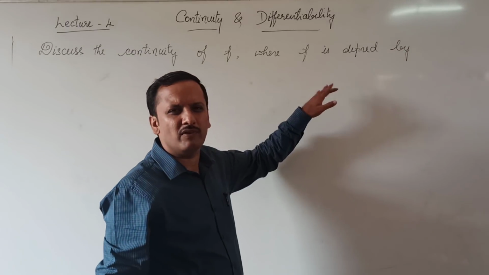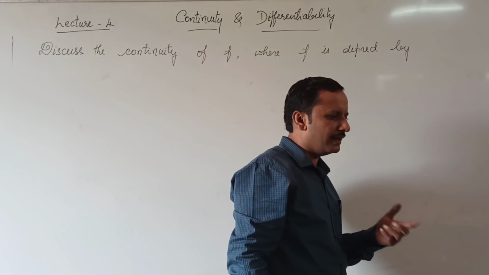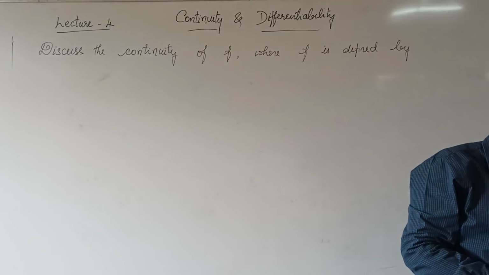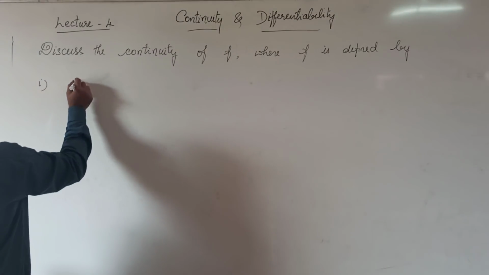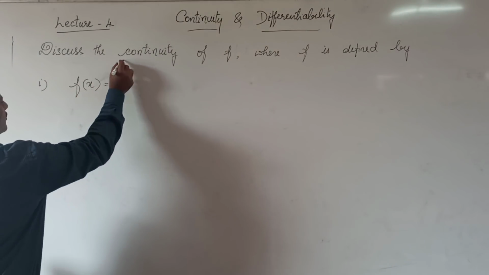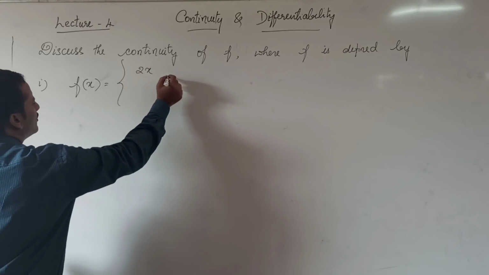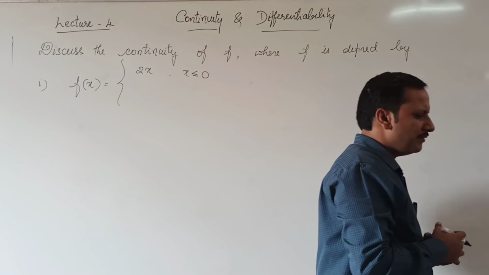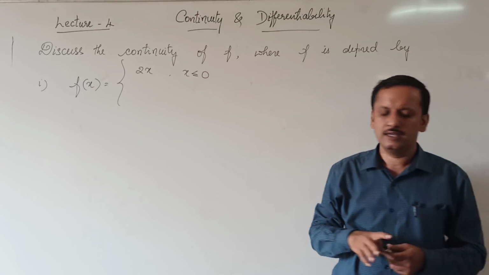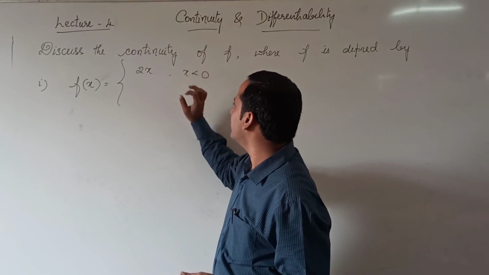This question is common for the next few problems. In that, the first function is f of x is equal to 2x when x is less than 0,